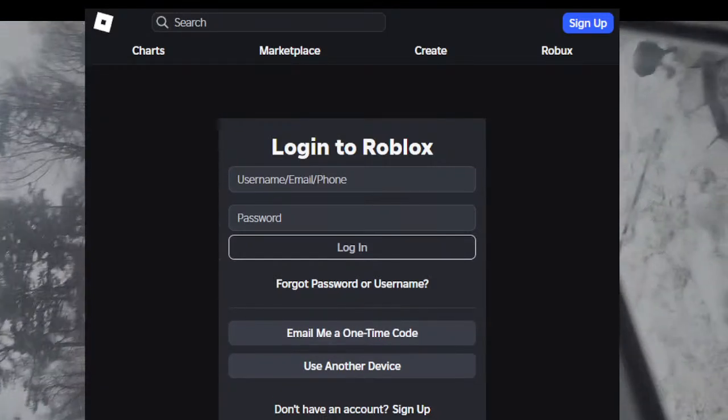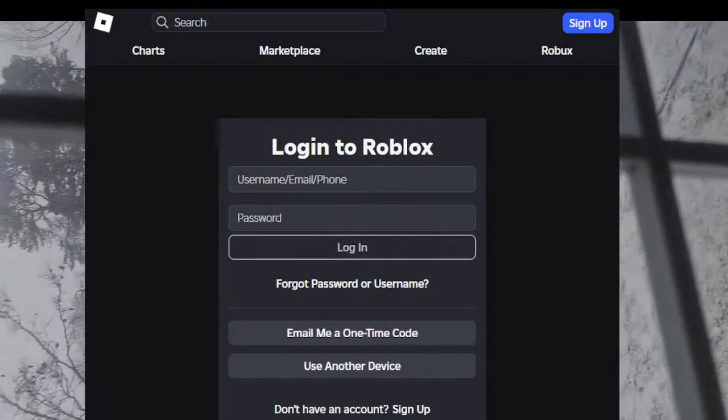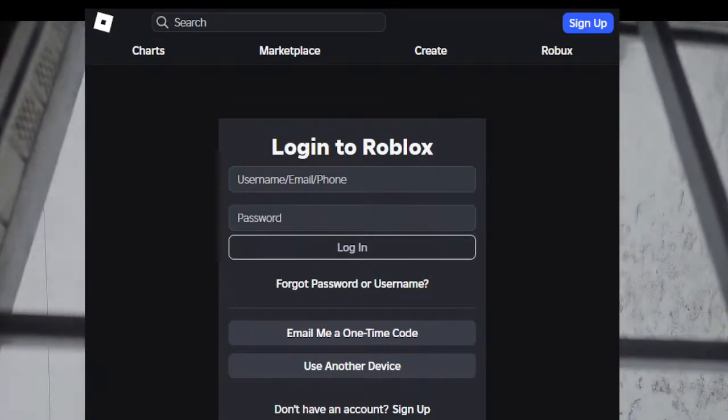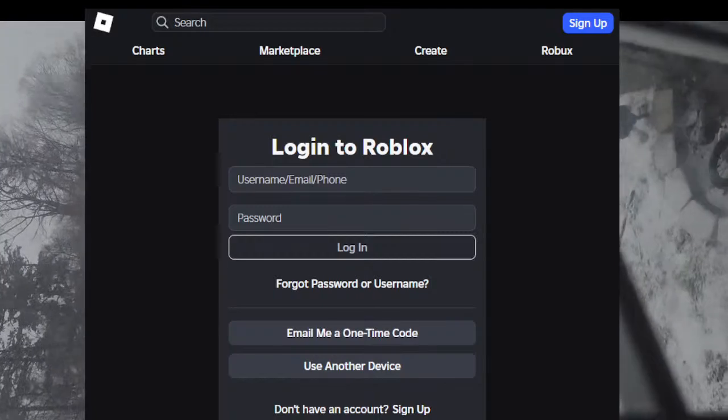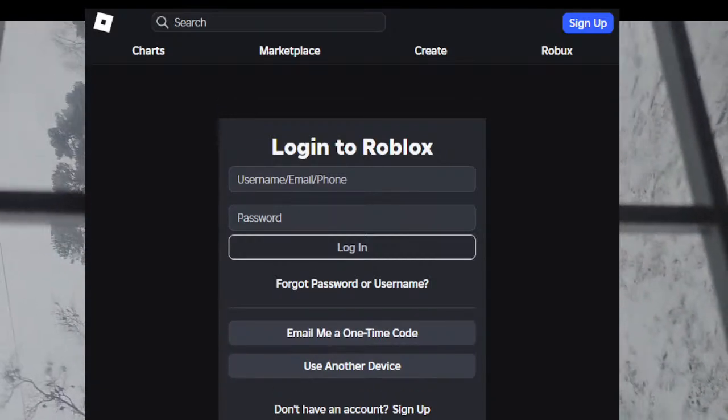First thing we need to do is open up OBS Studio. Duh, it's in the title. If you're wondering where I got this dope starting soon graphic, it's actually in my streamer starter pack, which is in the description below. But we want to go to the settings in the bottom right